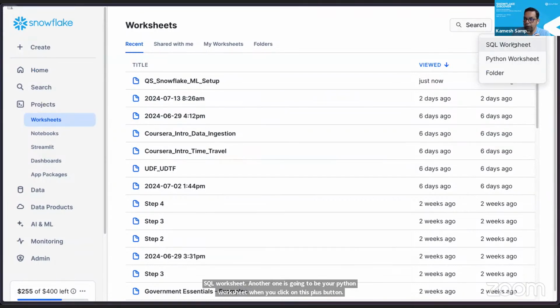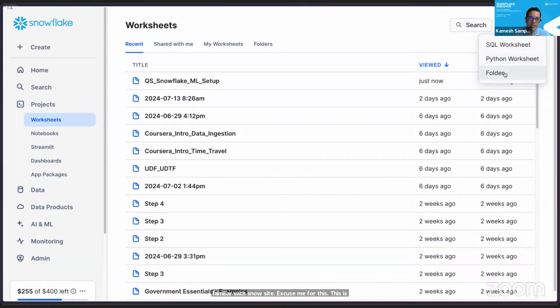You can have a SQL worksheet, which allows you to run SQL commands directly against your databases. And we have a Python worksheet, which allows you to write Python code, right? And it works with your UDFs and UDTFs, etc. You can also group all of your worksheets into a folder. I'm just giving an overview. People who are already familiar with Snowsight, excuse me for this. This is for people who are completely new to Snowflake, just to get familiarized.